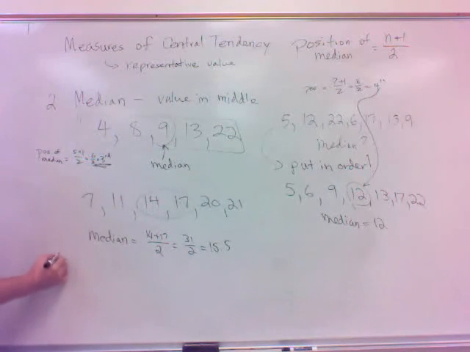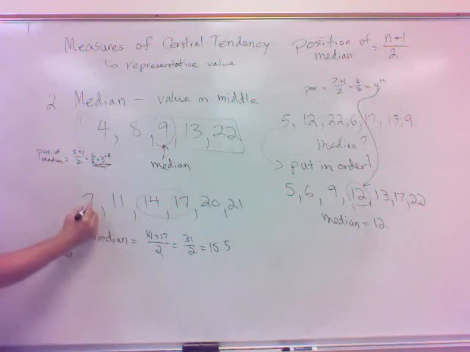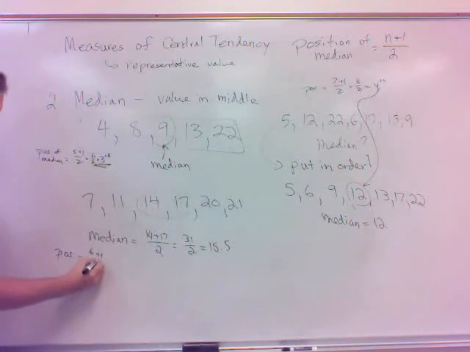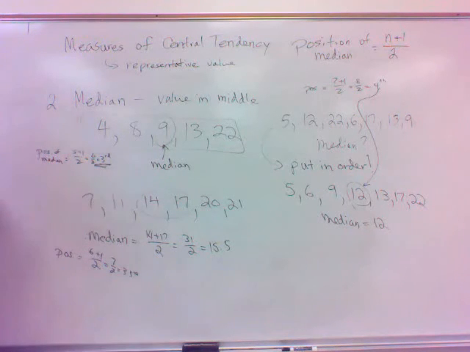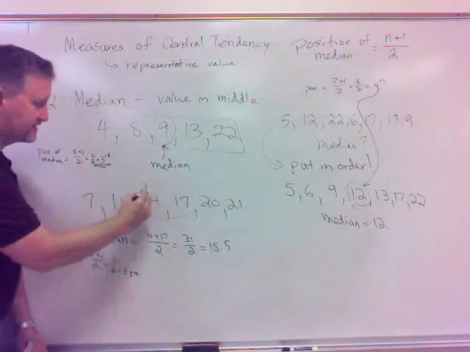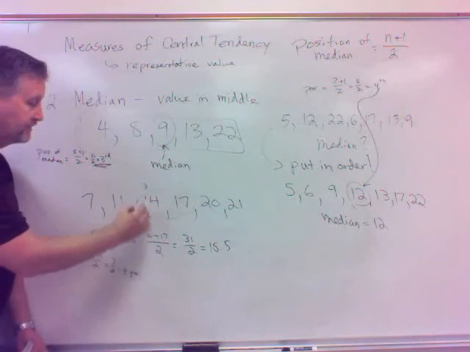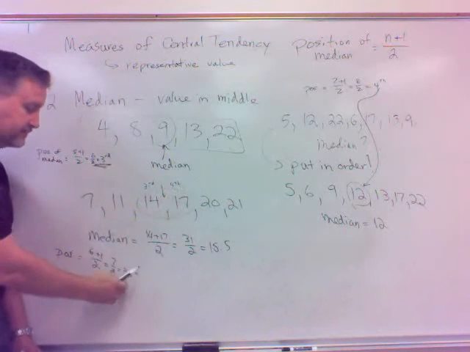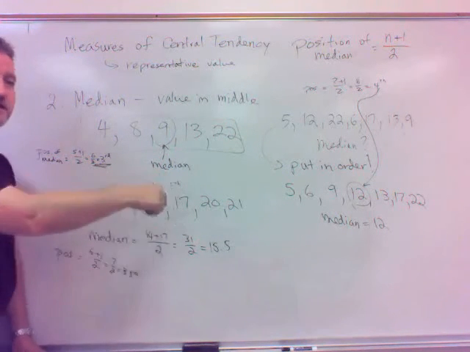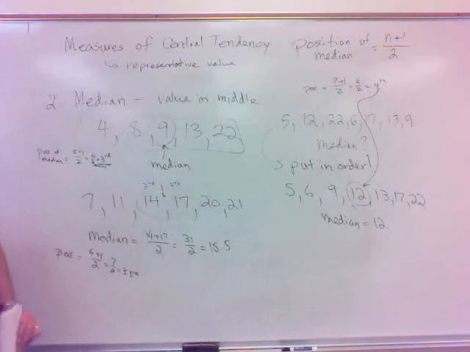Now, what happened here? Well, notice here, if I do the position, I would get 6 plus 1 divided by 2. That gives me 7 divided by 2, which is 3.5. That would mean between the third and the fourth, right? Here's the third, here's the fourth. The median is in the middle of those. So if you get a decimal .5, it just means take the one before it and after it and average. So hold on to that little formula. We may come back to it in a moment.